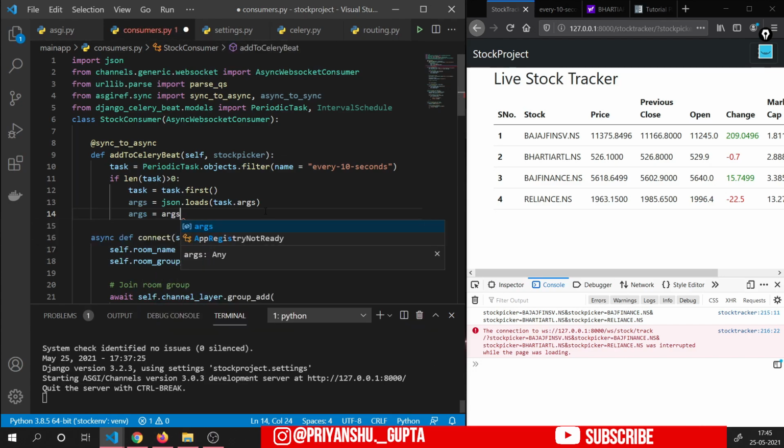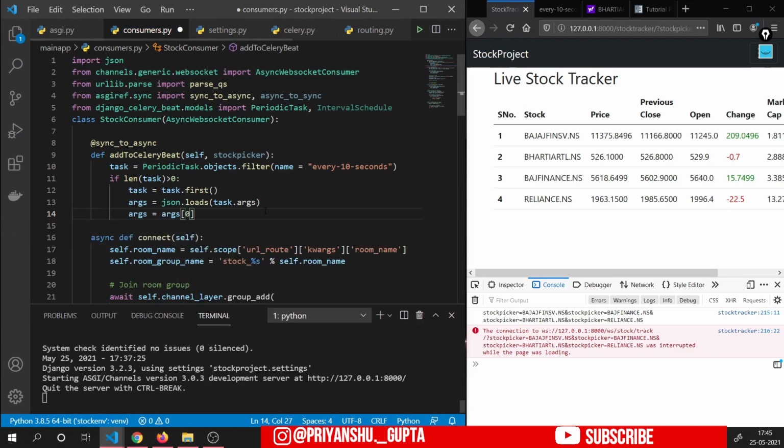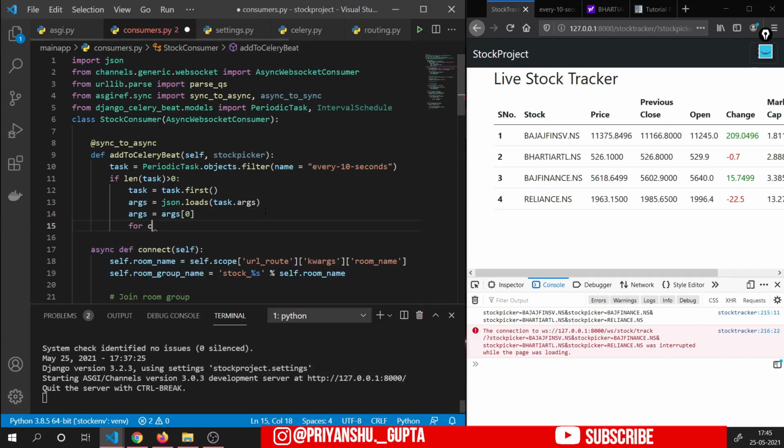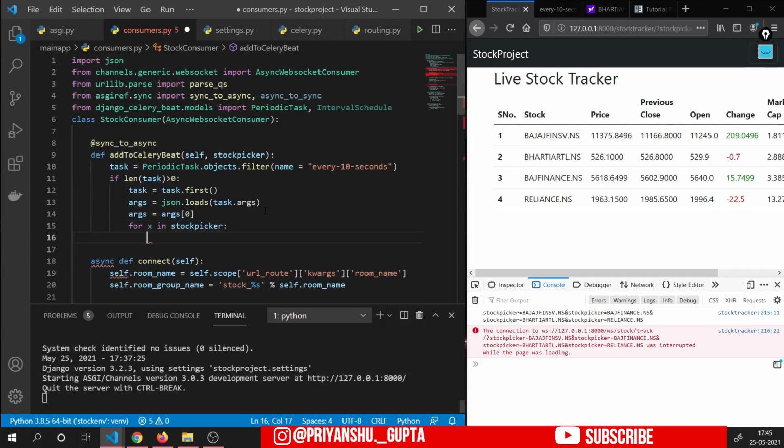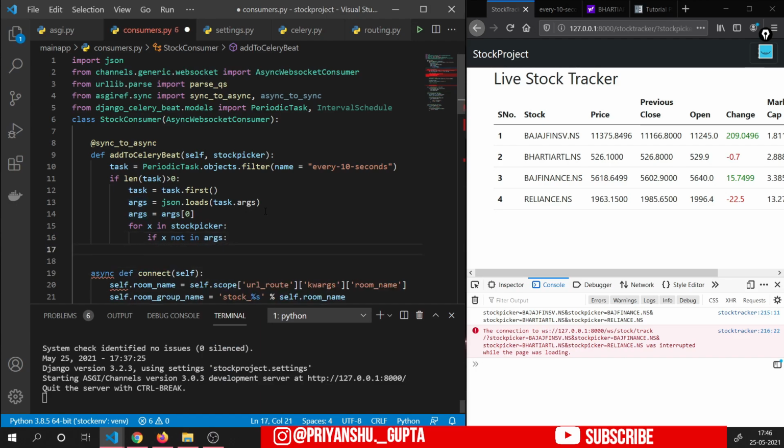Then args 0 for x in stock picker, if x not in args, args dot append x.